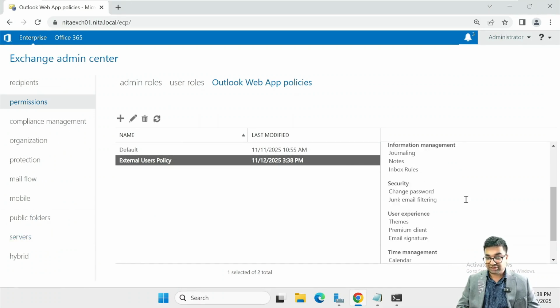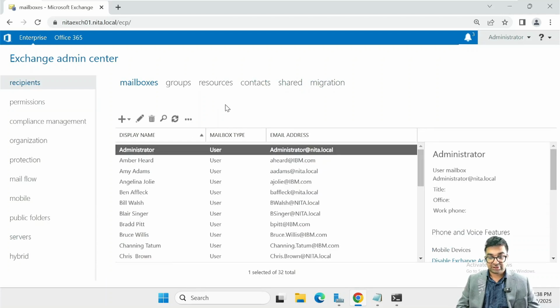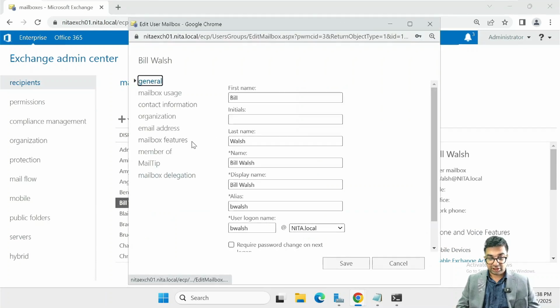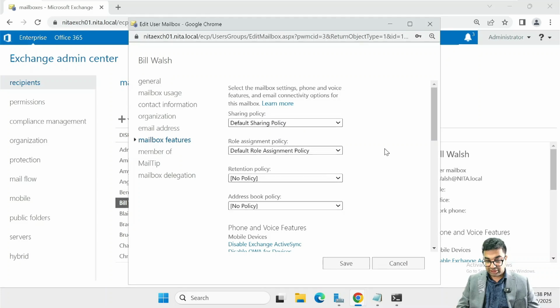but it doesn't have the recipient. So I go back to recipients and I go to Bill Walsh here. I open Bill Walsh, look for mailbox features, and under this, under sharing policy,